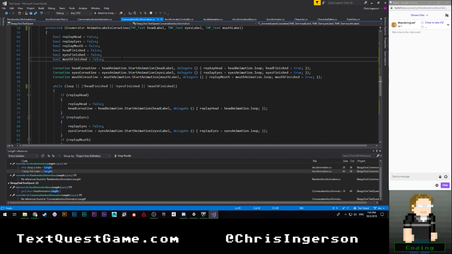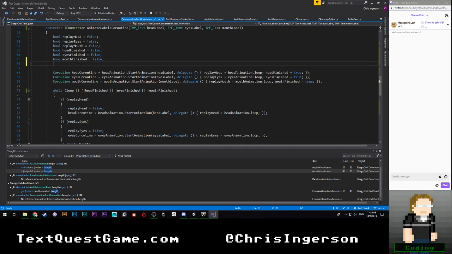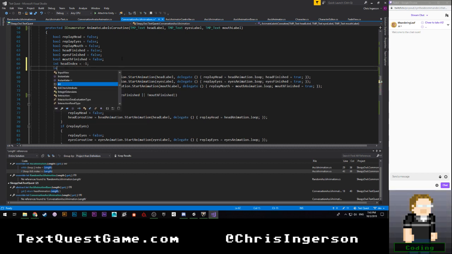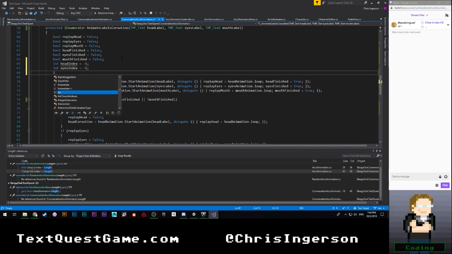Trying to think about this. I think we're going to need indexes for these, which is gross. So we're going to need to say int head index is equal to -1, int eyes index is equal to -1, int mouth index is equal to -1.